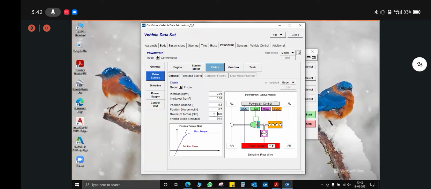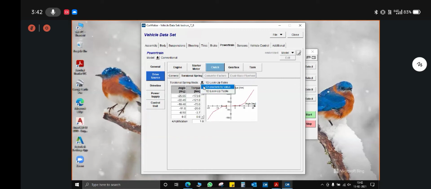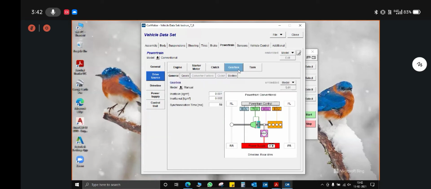Okay. After that, going towards the gearbox. Now, to make it clear, the gearbox and clutch mean the same for continuously variable transmission. Don't confuse it with your two-stage reduction gearbox. So gearbox here also means your CVT itself. Model, you have to select CVT for the teams using a CVT, and the maximum torque value here should match with the value here for the teams using a CVT. So multiplying your CVT low ratio with your maximum engine torque, that is 19.2 Newton meter, will give you this particular value. And then the inertia values. And then going towards the gears, you have to define the minimum ratio and maximum ratio of your continuously variable transmission.